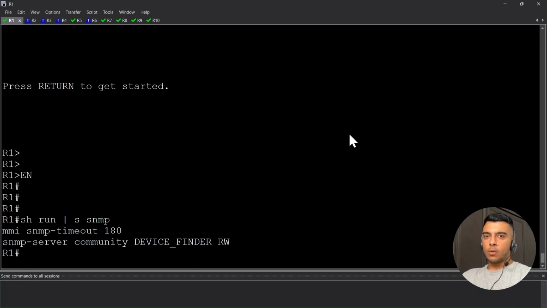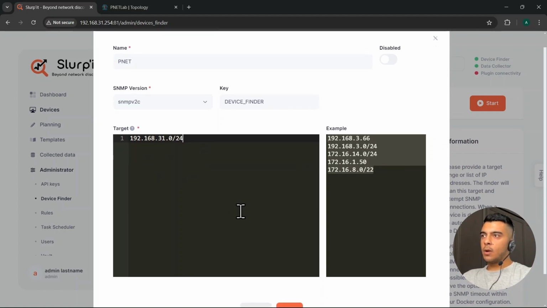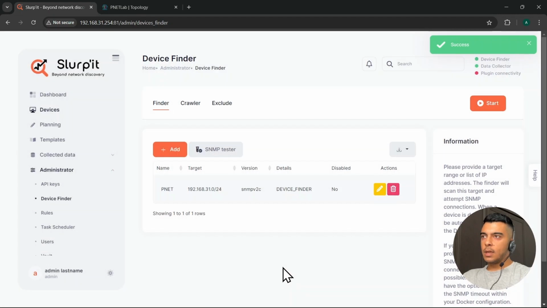So I'm going to go back to Slurpit. Now we have some examples here on the right side. I'm just going to type this in: 192.168.31.0, and we're going to use prefixes, not subnet mask. Keep in mind that I can target host addresses as well, so it doesn't have to be a range of IP addresses, but I'm going to target the whole subnet. Now, if I save this and start,